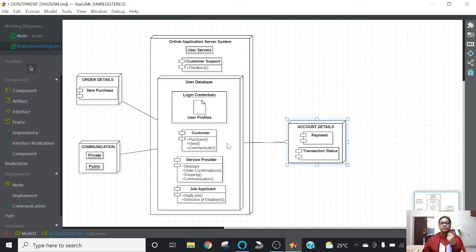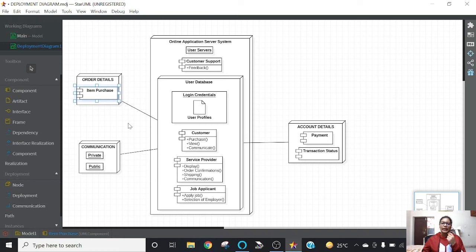Whenever a customer or a user buys something, the particular item or purchase will be directed to the order details. When he orders something, this order details node is going to get activated, and inside that I have given a component like item purchase.